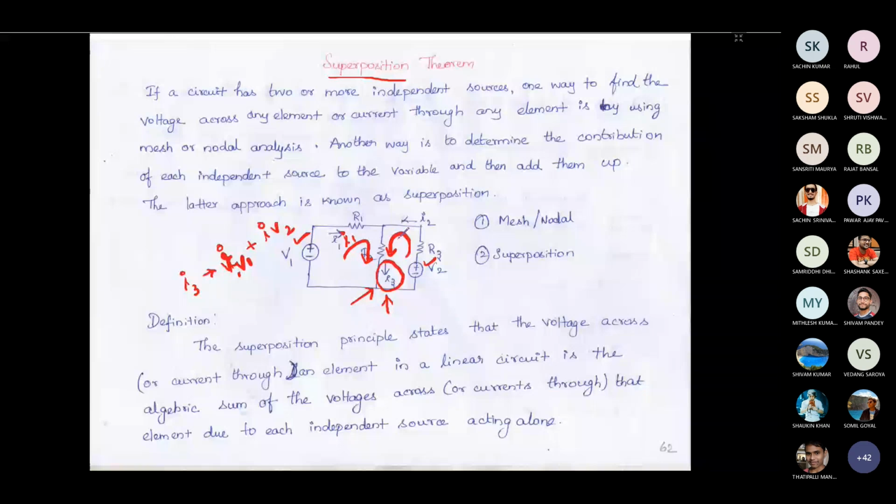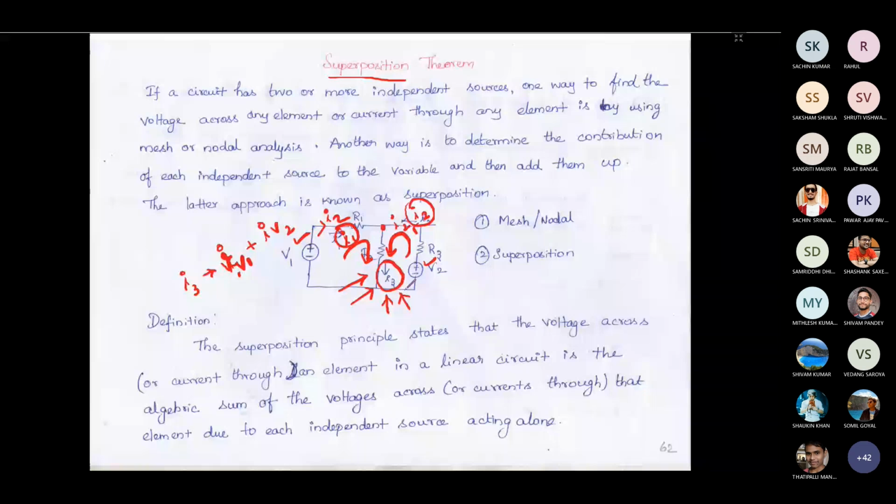So what is the contribution of this voltage source, that is I1, and what is the current contribution of this source, that is I2. If you add these, that will give the overall current, that is I3. You can obtain the same using mesh analysis or nodal analysis; that is also possible. This is also a theorem which gives a systematic procedure to find the resultant current when you are having n number of sources. But this can be a time consuming process when compared to mesh analysis and nodal analysis.